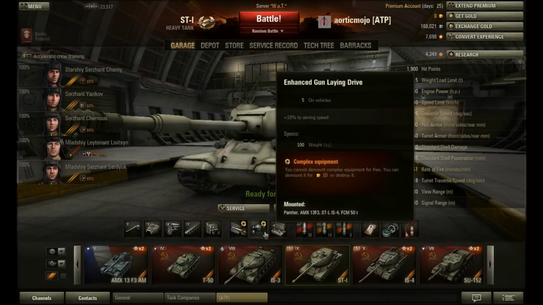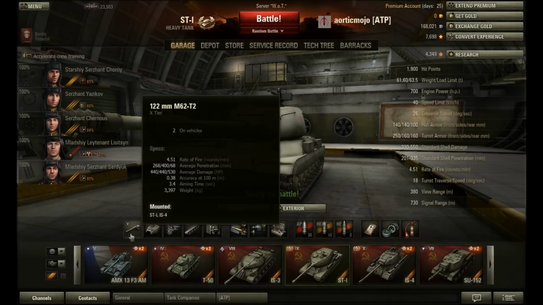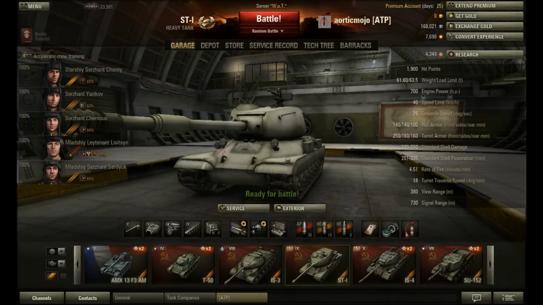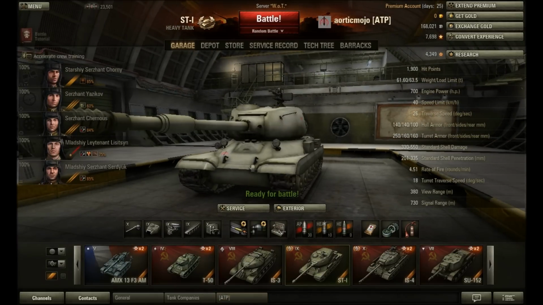Second thing, enhanced gun laying drive. Now, the reason I chose this is because aim time on the gun is 3.4 seconds, I think. Yeah, 3.4. And when you're in higher tier battles, you want every advantage you can get. And that 10%, granted, it only knocks off, just gets you with 100% crew shy under 3 seconds, but